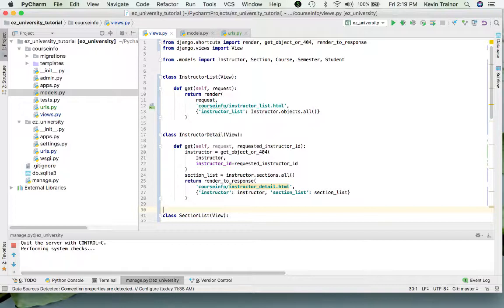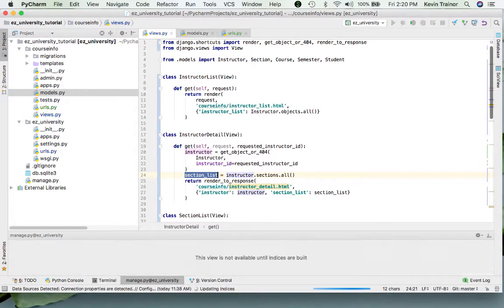We're going to have to look up the semesters, the instructors, the students, and so on. Unlike when we're doing a list view where we do one retrieval from the model, we can do a group of them here in order to get all the data that we need from the model before we pass it on to our template. Okay, so here we've got the instructor, we've got the section list, and now we're going to